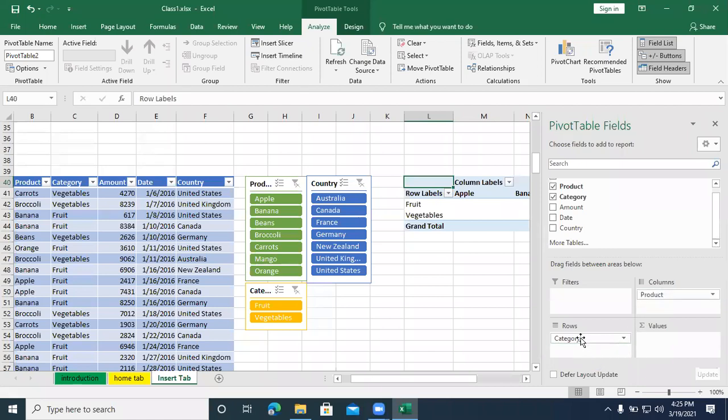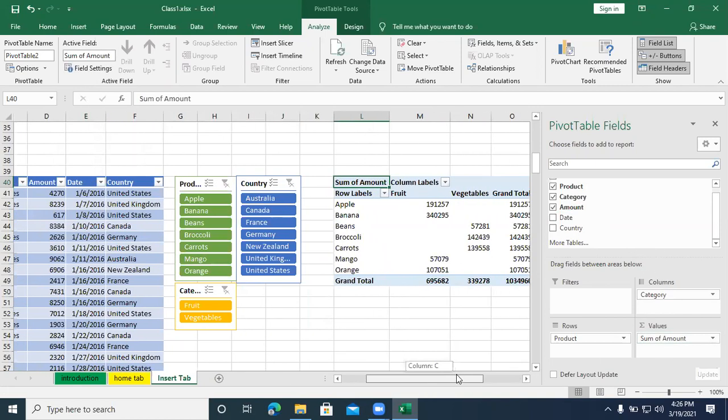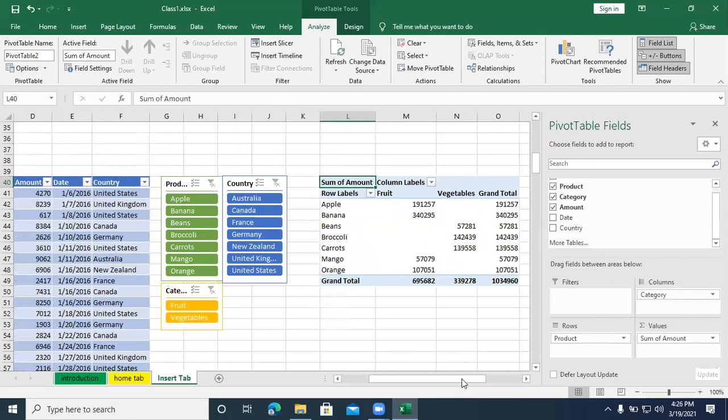Product I will take under the rows, category I will take under the columns, amount I will take under the values. So you can see the table is created. All the product names it is showing, the fruits separately and vegetables separately. I'm getting a grand total of these.